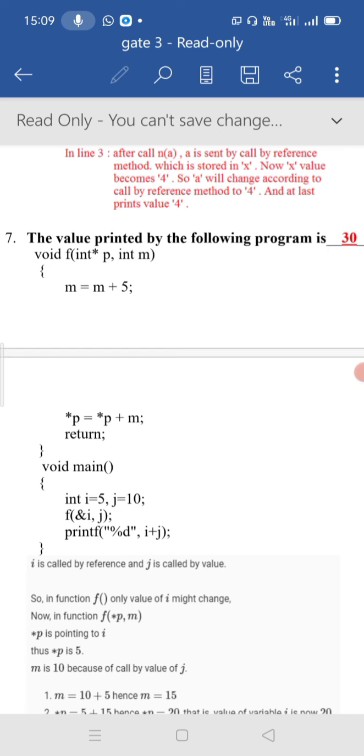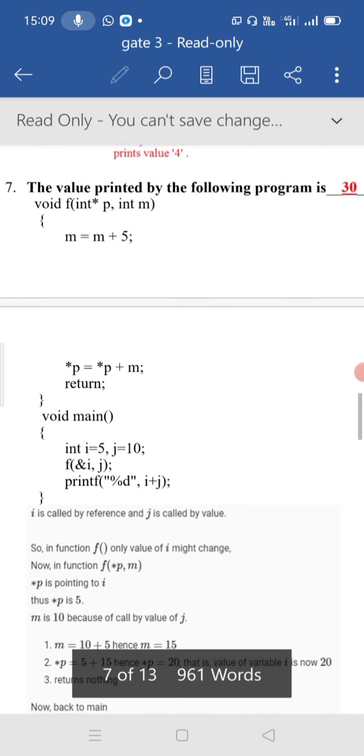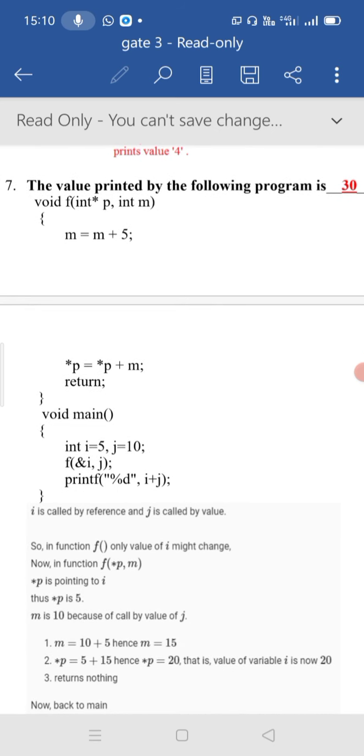Inside the f function we have three statements. First statement is m is equal to m plus 5, where m contains the value 10. So 10 plus 5 is 15, and star p contains the value 5. So 5 plus 15 is 20. The variable is now 20, and it returns nothing.